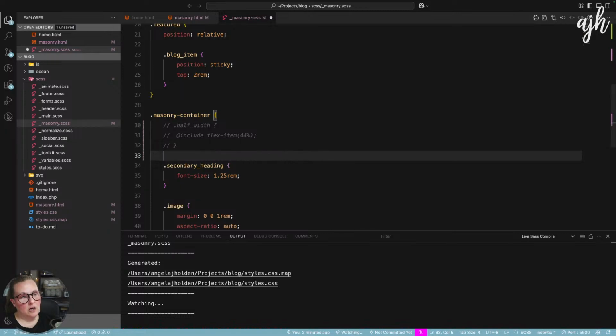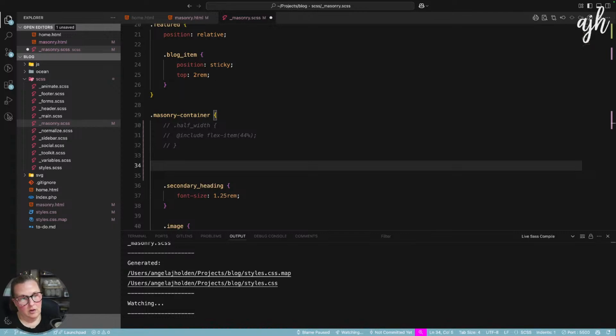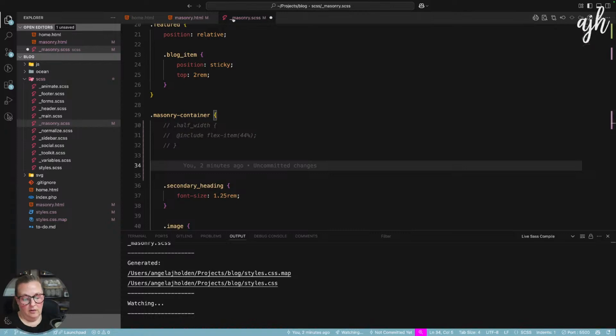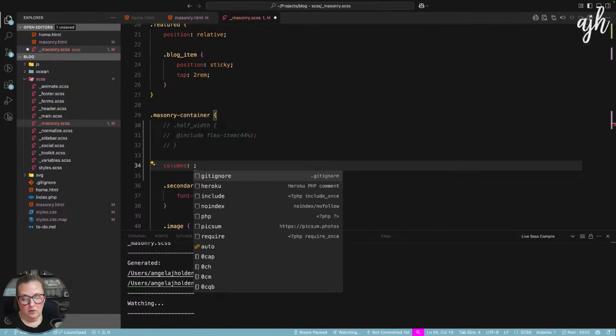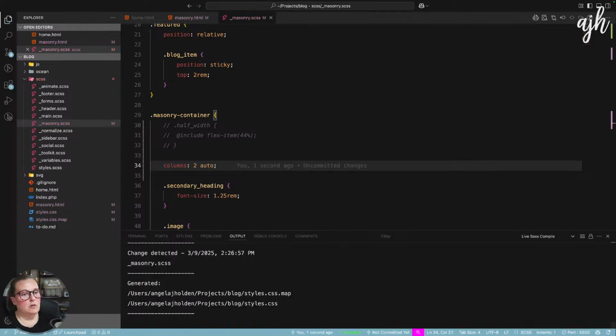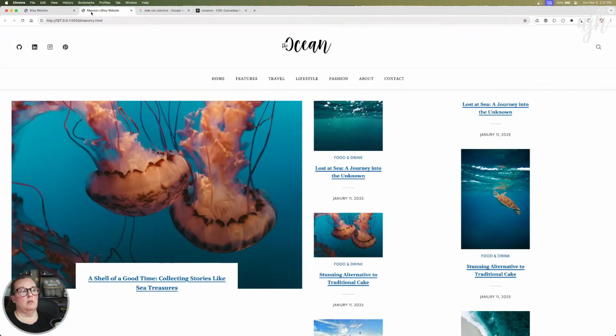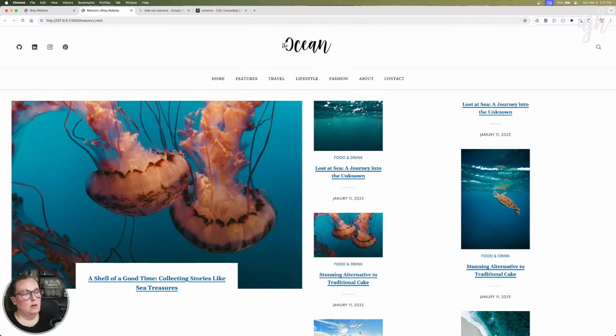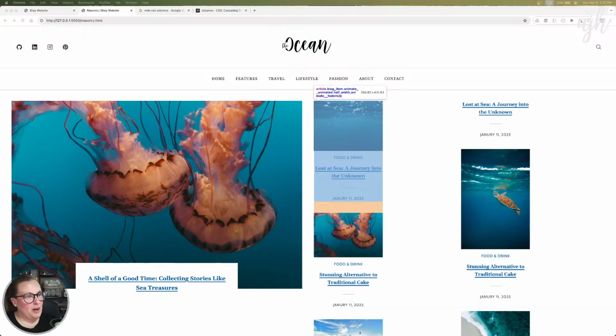So the masonry container, which is masonry container, yeah, just masonry container, columns to auto. Okay. So I guess everything I said was wrong about not being well supported. So, okay, so now we just need to,